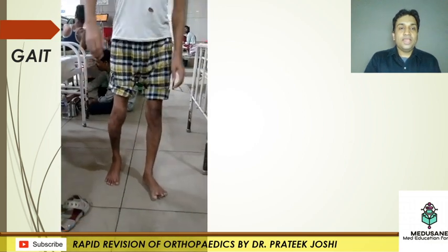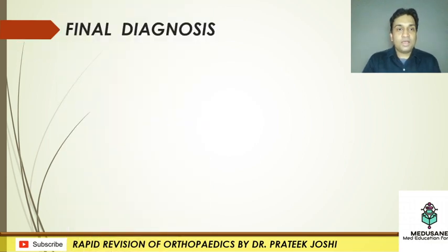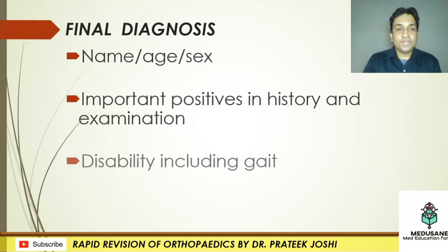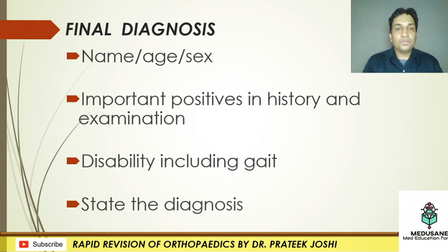So, at the end of our case, our final diagnosis should be the name, age and sex of the patient, followed by important positives in history and examination, including the disability such as the gait, and then state the diagnosis. So for the purposes of example, my patient, a 40-year-old male, presented to me with a history of a high energy road traffic accident 1 year ago, and now a chronic discharging sinus in the upper half of the